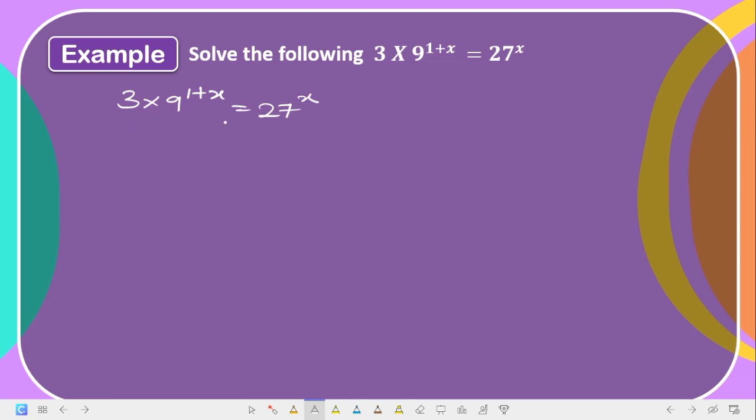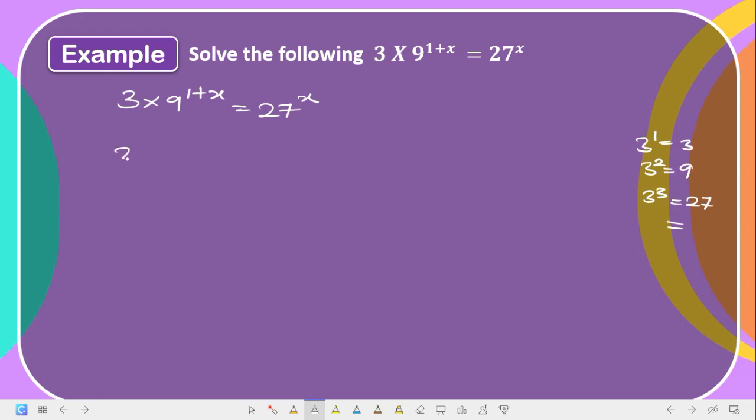When you have anything like this, the first step you take is to make everything to be in the same base. Now the lowest base here that can go into everything here is 3. So make everything to base 3. Now you come here and say 3 raised to the power of 1 is what? 3. 3 to the power of 2 is what? 9. 3 to the power of 3 is what? 27. I believe we've gotten everything that we want.